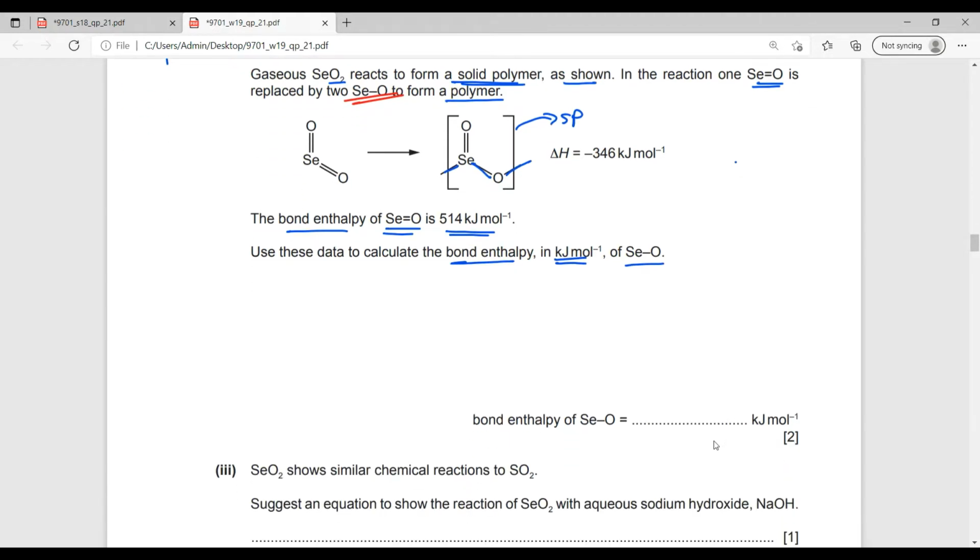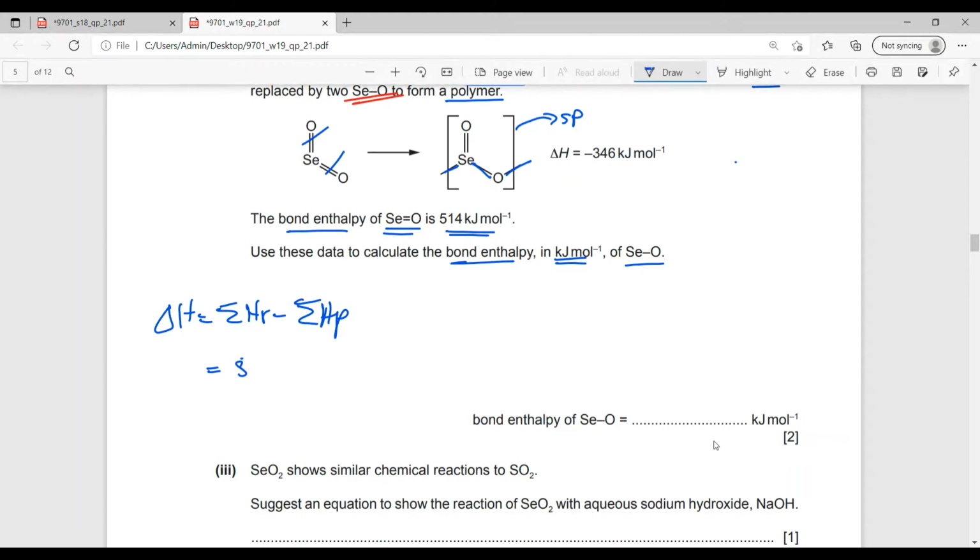So enthalpy change would be enthalpy change of reactants minus enthalpy change of products, right? So enthalpy change of reactants is twice, so that's 514 times 2, that is 1028, right? 1028 minus, so 1 Se-O, right? You cancel that out, so 1 Se-O is 514 plus,